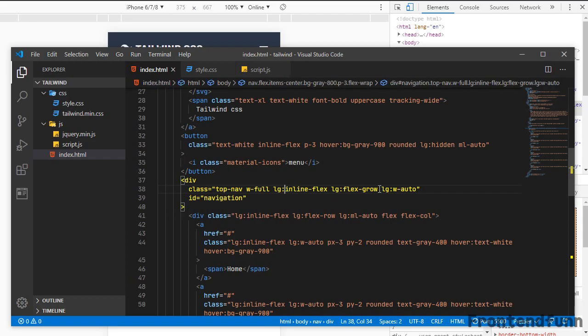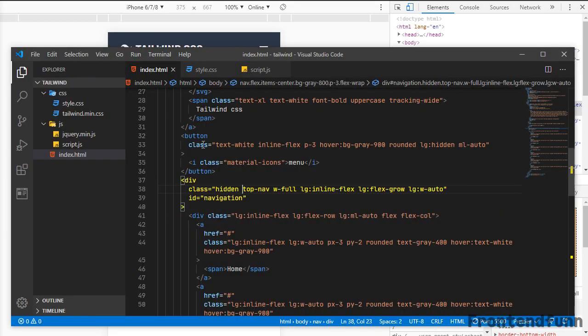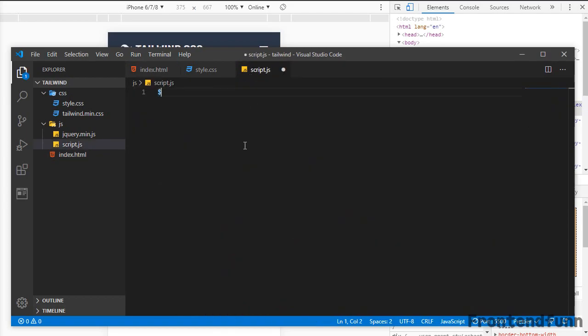Next on the top div, we need to add the class hidden, which is display none. Okay, so we don't want the menu to be displayed on the small screens, so whenever the user clicks on this button we need to toggle the menu. Okay, so for toggling we need to use JavaScript. So I've included jQuery, and I'm using the document ready function. So inside the function